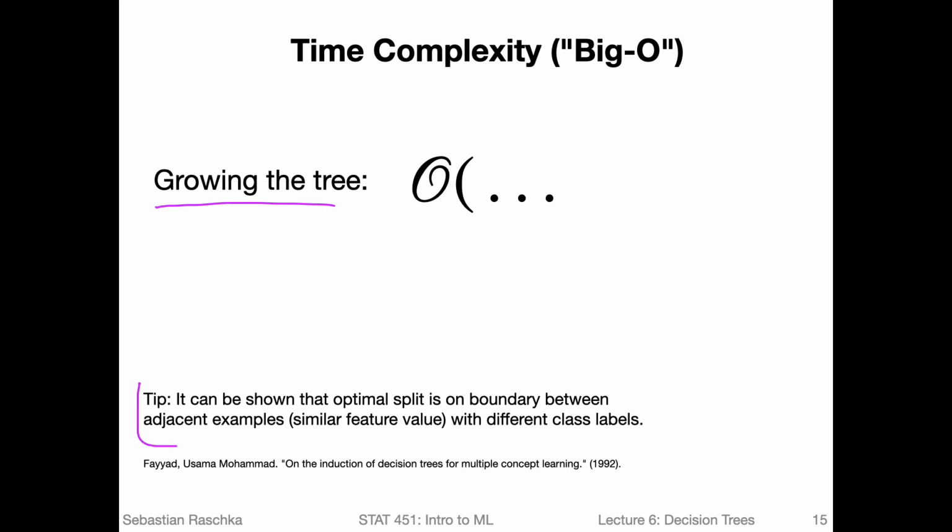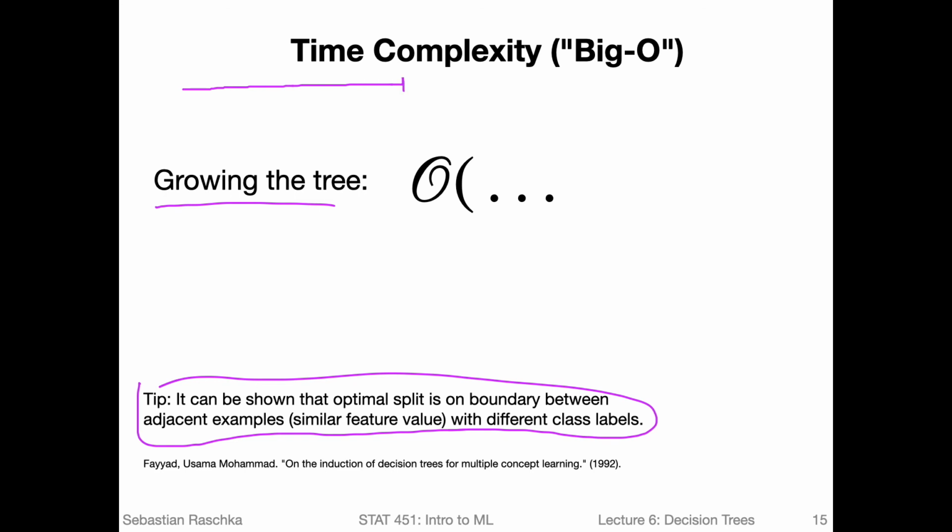There's one little tip that says basically it can be shown that the optimal split on a continuous feature is on the boundary between adjacent examples, so training examples that have a very similar feature value for a given feature, and where the class labels are different. So how can I visualize that? Imagine you have a continuous feature like the petal length,